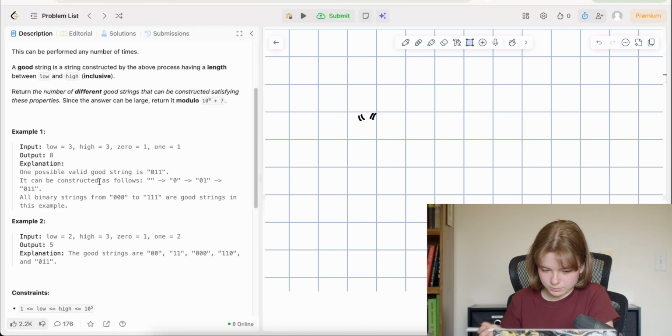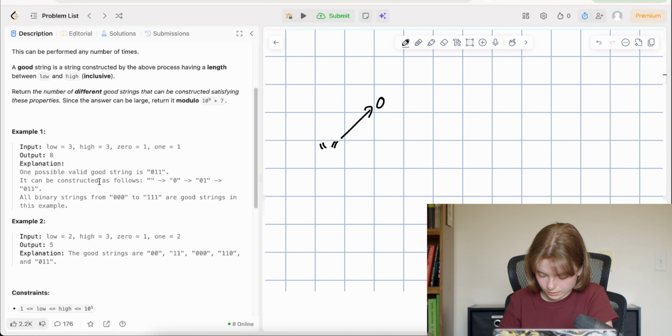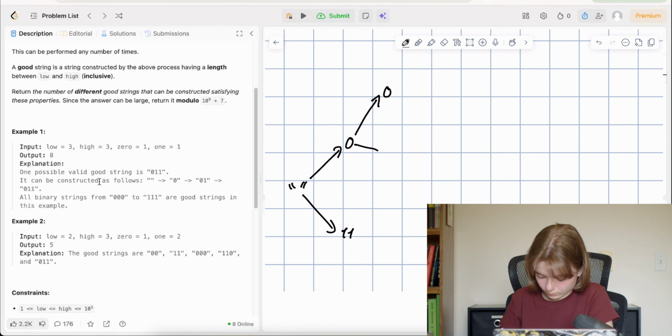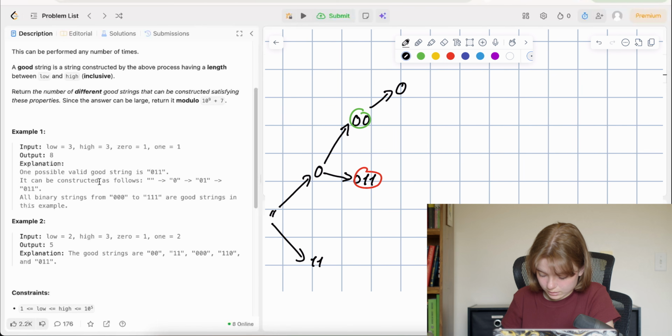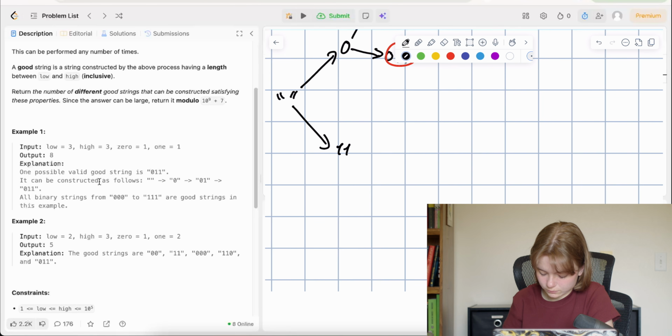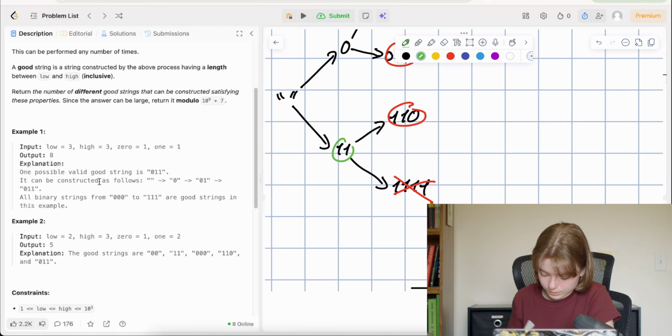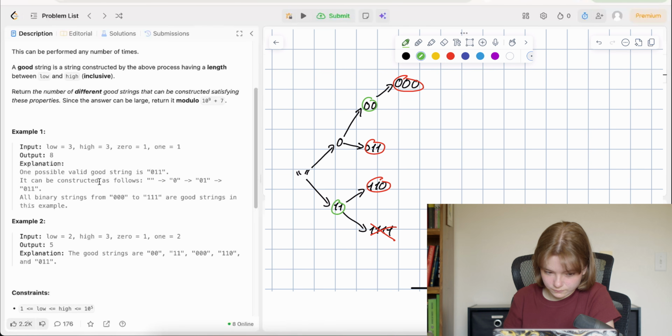Again, first we either pick between 0 or 1. 0 will have 0, 1 will have 1, 1. Then again, we pick between 0 or 1, so 0 or 0, 1, 1. At that point, we can stop because we are at length of 2. And here we have to stop because we're at length 3. Here we can add another 0. We cannot add another 1 because that will put us at 4. And then here, so 1, 1, we can then go 0 or 1. So that'll be 0, and then we can't go that. We have to stop here, or we can stop here. So at that point we have 1, 2, 3, 4, 5 different ways.